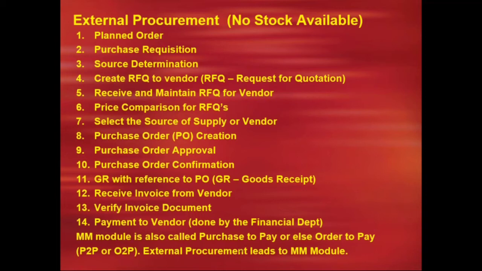As the company doesn't have the stocks of raw materials, the company will go for a purchase requisition, PR, or we can call it an indent. In India, the other name for purchase requisition is indent. So here the company has identified the need of the material, that is raw materials A, B, C. So from where are they going to get the material? They need to find out the source of supply, who can supply the quality of the material.